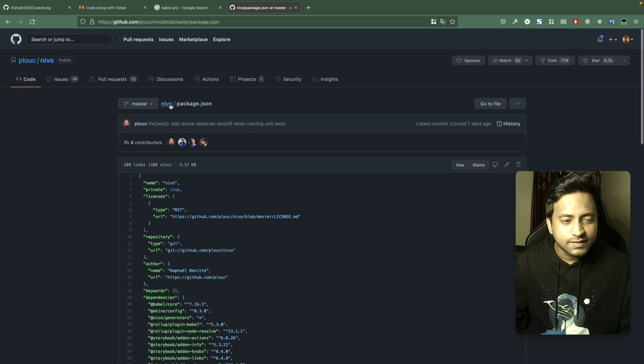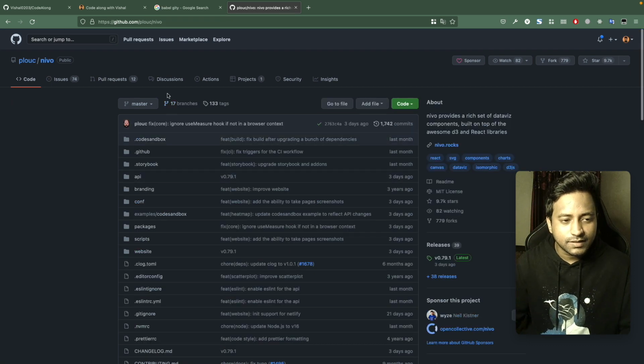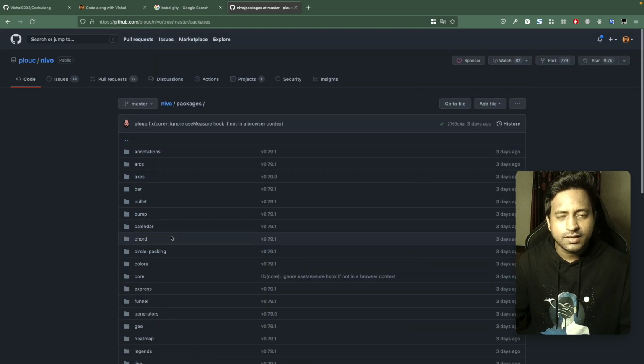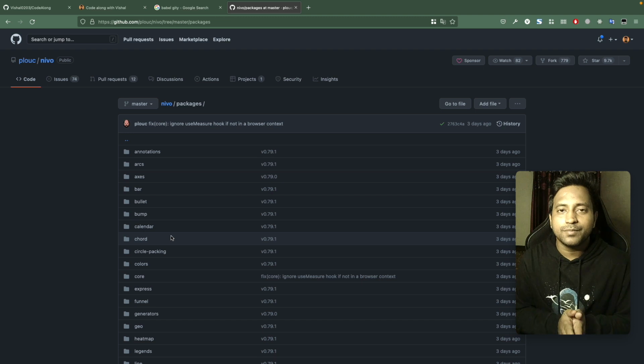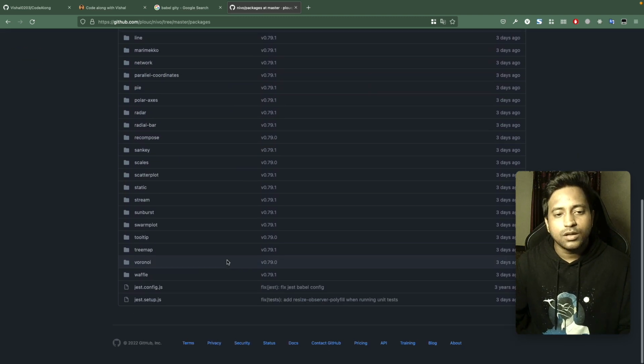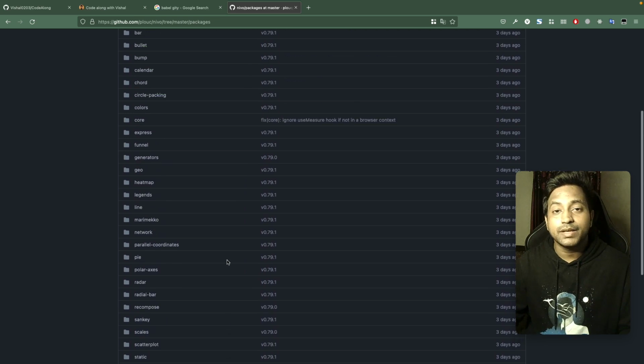And this is the advantage of doing this: you have a monolith package, and it is basically dividing your complete library into multiple smaller libraries,